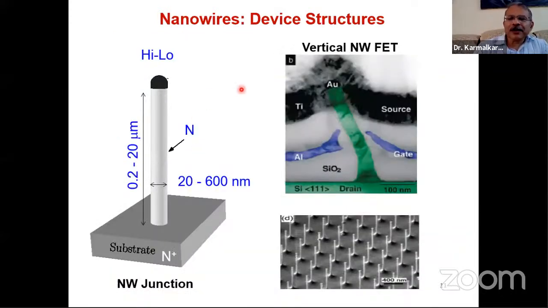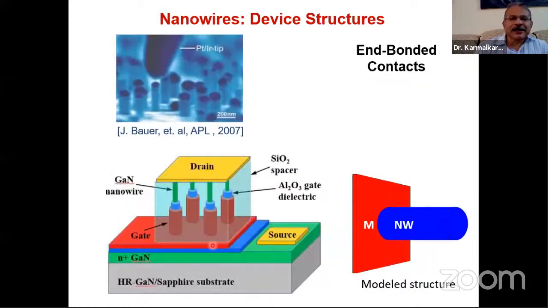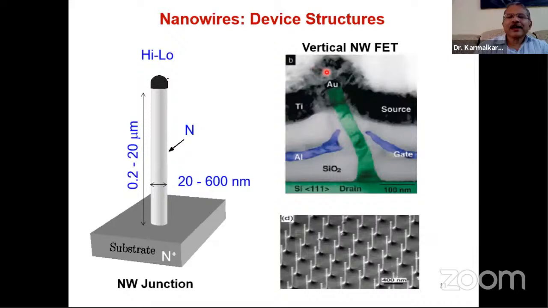Okay, this was a schematic diagram, right? That is the difference. Whereas this is a real diagram, a real photograph of something. So let us look at a real photograph of a vertical nanowire FET. It is trying to implement this particular concept. You can see here, this is the wire. It is not straight, right? Because in practice, that is how it becomes. And then this is the gate coming from the two sides. And on top, this is the source connection, and this is the drain, at the bottom. Using this kind of wires, this has been made.